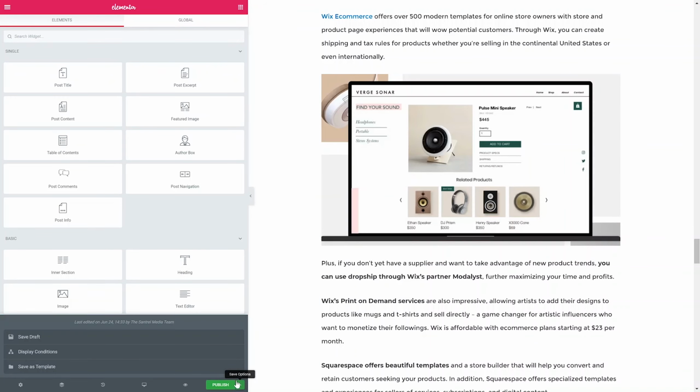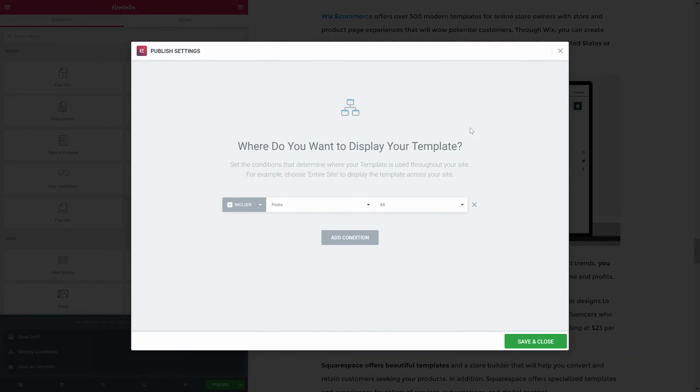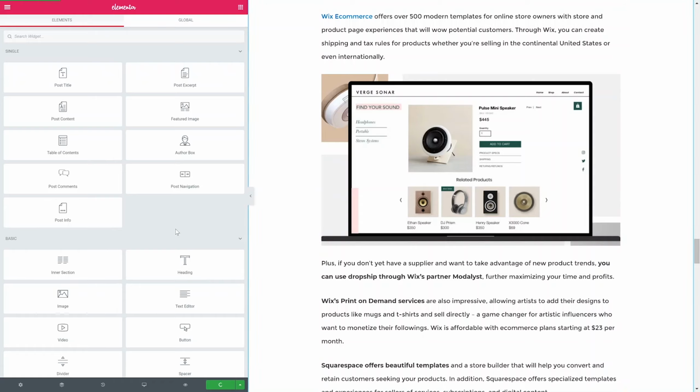So if we click on the up icon there, we can go to display conditions. So it doesn't just display on all posts. We probably don't want to do that. And instead we could just say the post that we just made. So I think it was like a sample post or something. I think I called it sample. So it's not released right now, but otherwise, oh, this is a blog article. That's what I called it. So we can go and save and close that, and it will be displayed on that new article